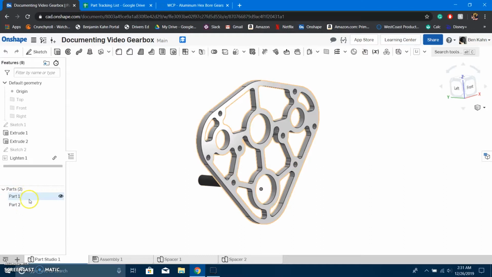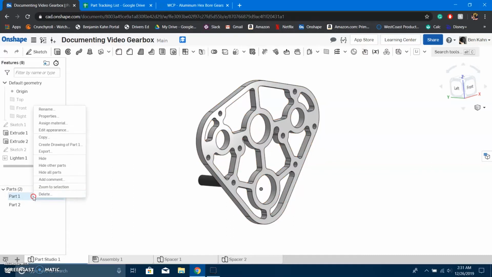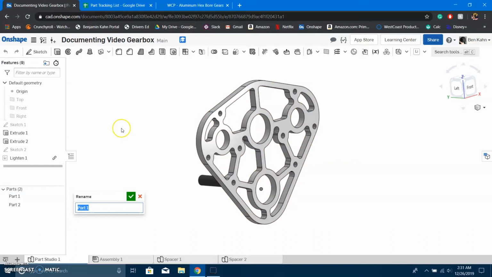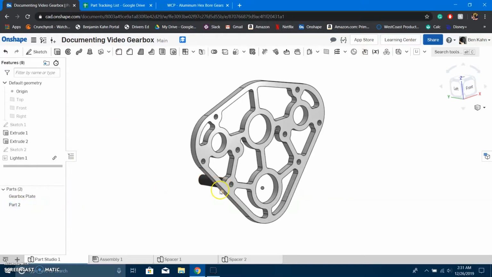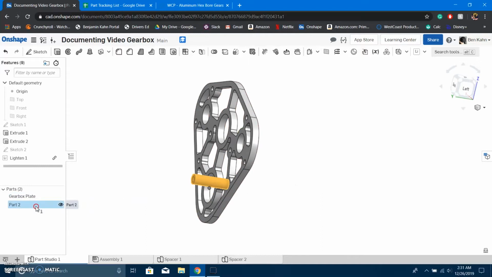So I purposely didn't assign part names yet, which is something that you wouldn't want to do because that makes the bill of materials a lot harder to read. So what you're going to want to do is rename it to something that's descriptive. So I would put something like gearbox plate there, and then this part is the spacer. So I would put, sorry, it's a standoff. So I put gearbox standoff, and